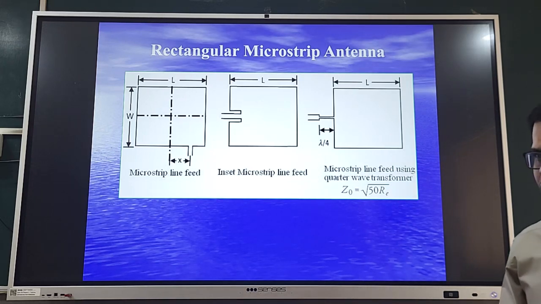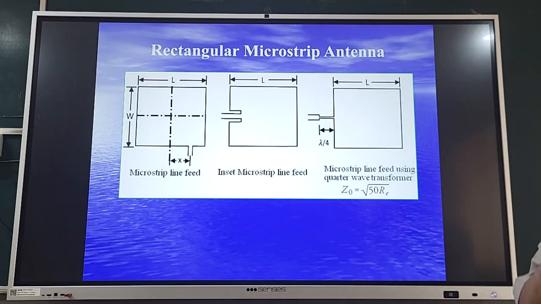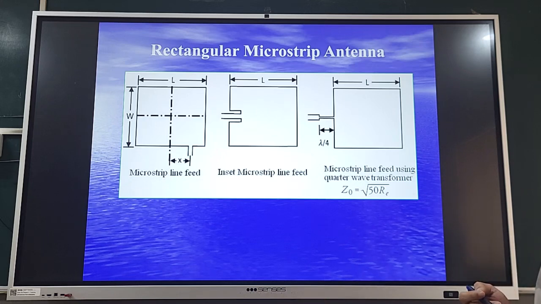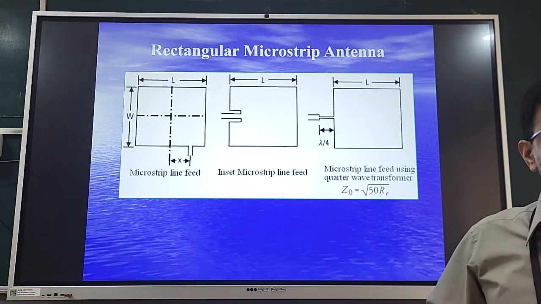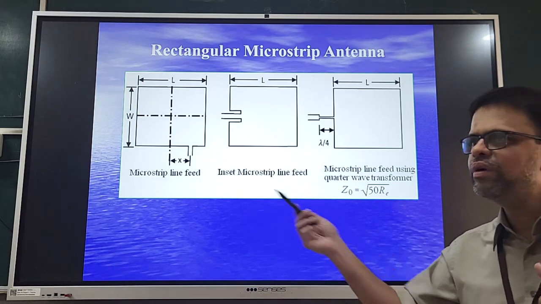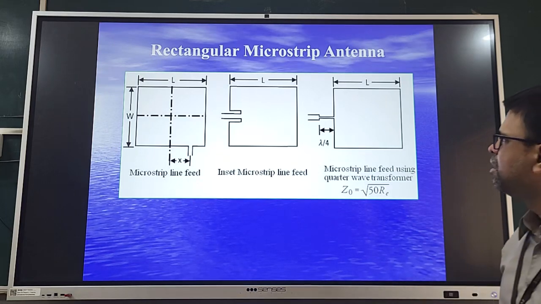Okay, so this is how you do your rectangular microstrip antenna inset feed design. Inset, why inset? You are cutting a slot, taking your strip line inside the rectangular structure and feeding it. Okay, the name. But what are the disadvantages? A bit complicated mathematically. You have to do some work, and only then will you be able to do this matching, but it is heavily used. The last variation is